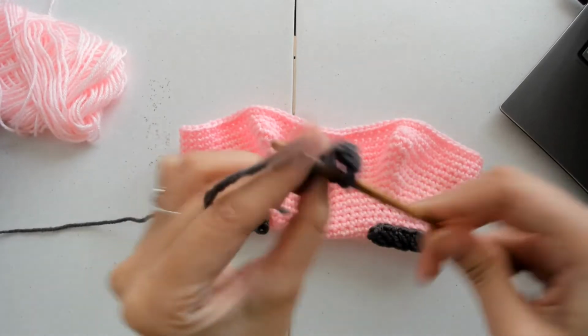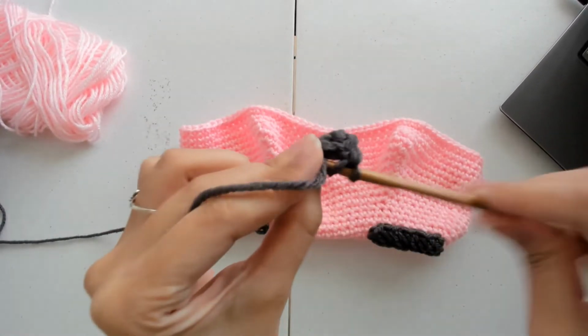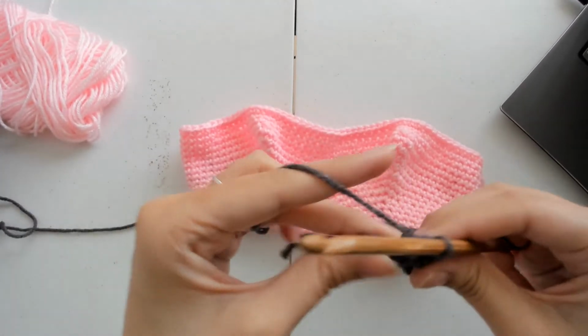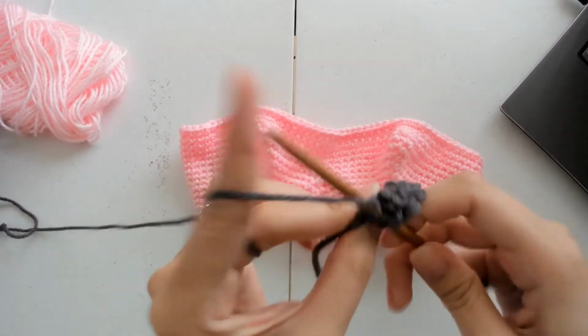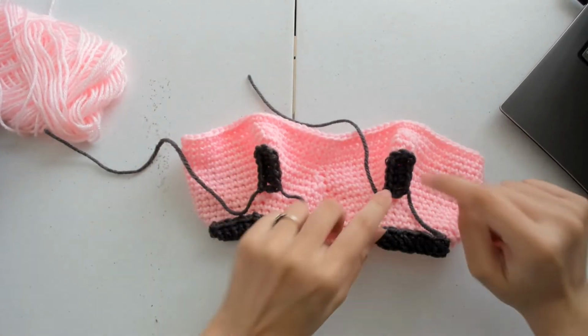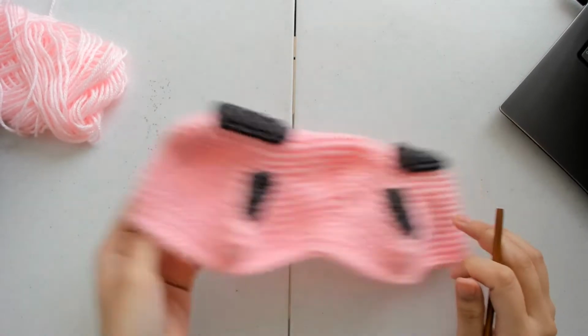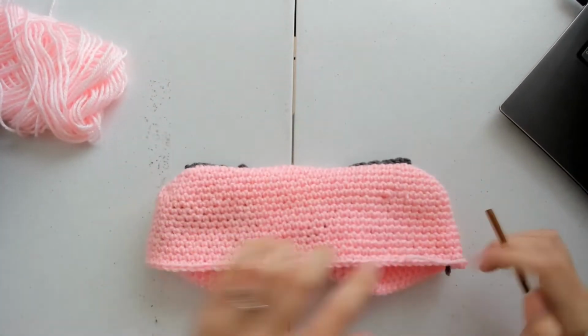And then we're going to double crochet once into every loop that we have. Once we're finished, cut and tie. But before we cut, we're going to leave a tail end long enough so that we can use that to sew it in. Once we have our triggers finished, they're going to be sewn onto these little mounds that we made. Once we're done with the triggers, we're going to flip it over, and we're going to start working on